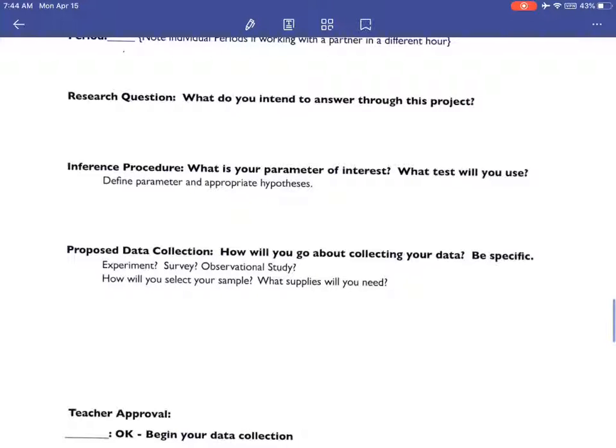Now, when you're doing a research question, you want to think about how it connects to eventually what your hypotheses are going to be. So if I said, my question was, are males at Cambridge taller than female students? Then my null hypothesis would be the mean of the males is equal to the mean of the females, and my alternative would be the mean of the males is greater than the mean of the females. So that's how you go through,